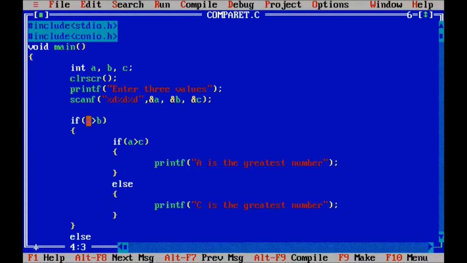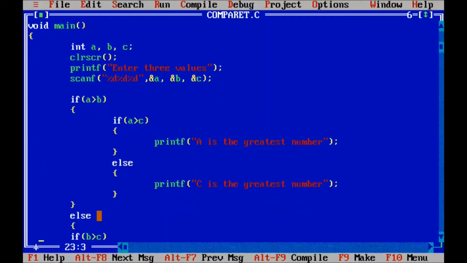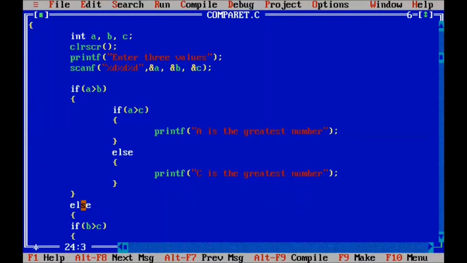Suppose the first if condition is true and the second if condition is false, so the else part will be executed, c is greater. Suppose the first if is also false, so the control passes to the else part, and here we check b greater than c.